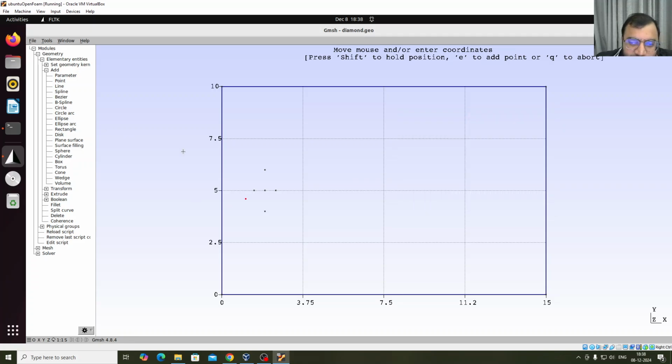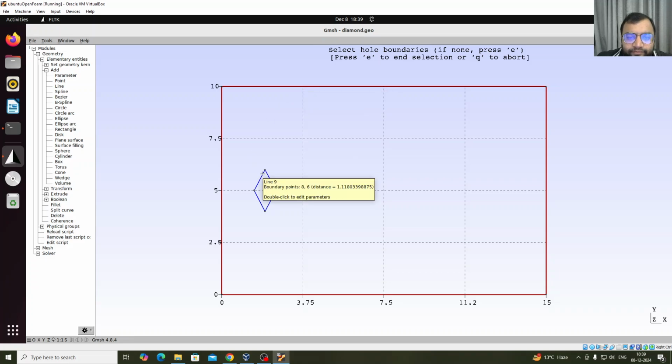Now create a line, join these points to create a diamond shaped body. Let's click one by one every point and join them. Okay, now our domain is created. For creating a surface, let's create a plane surface and select outer domain, then our obstacle,